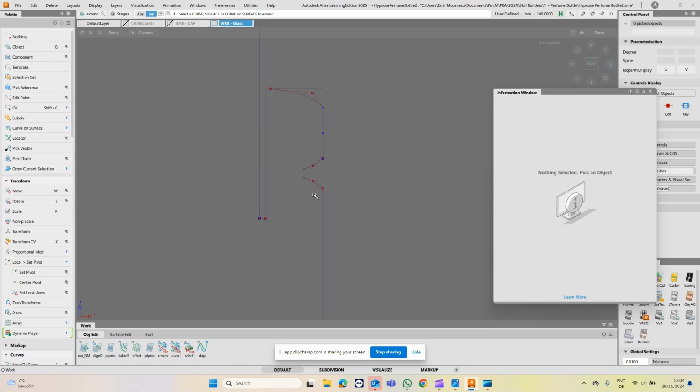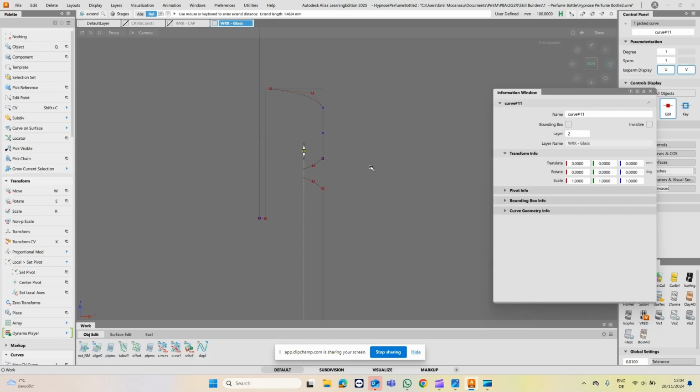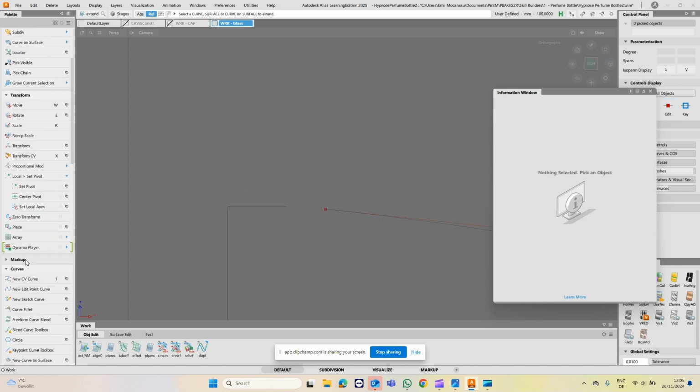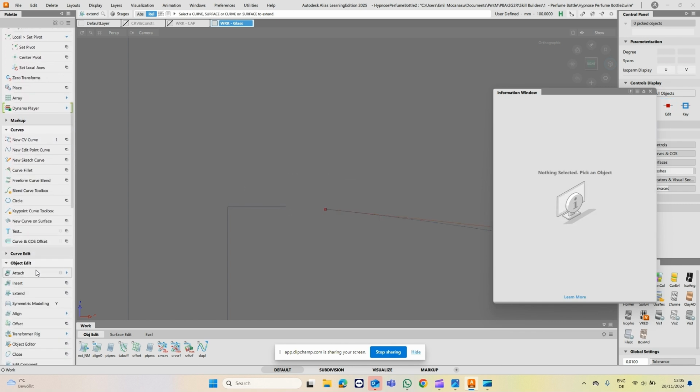And this curve now loses history, goes up to that point there, this one down to that point, and this curve extends all the way back there. Now we can extend these a little bit back and go into